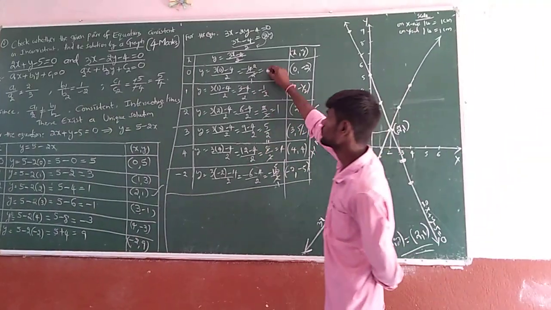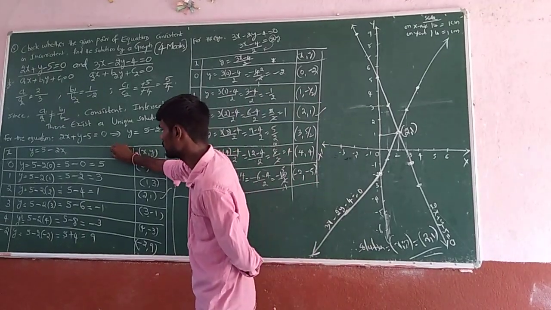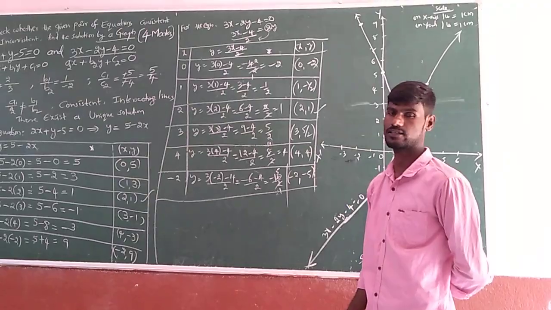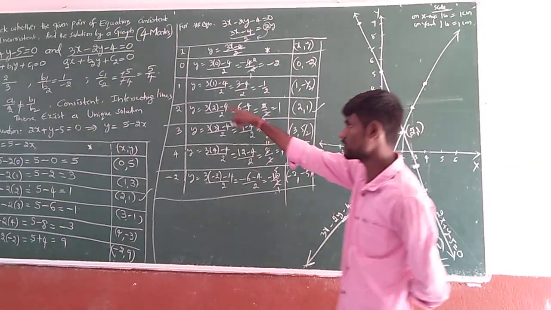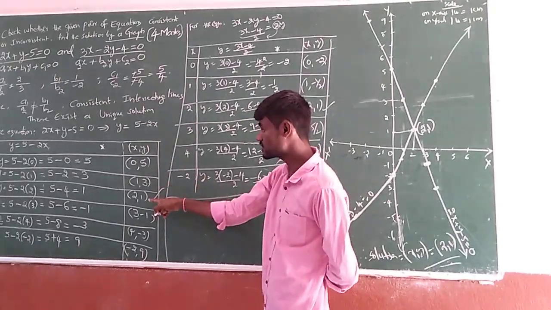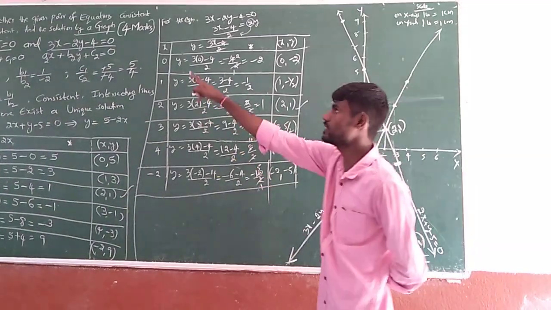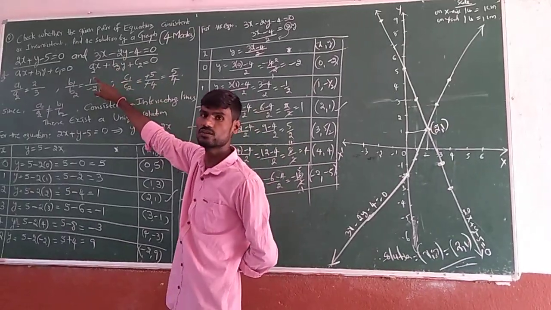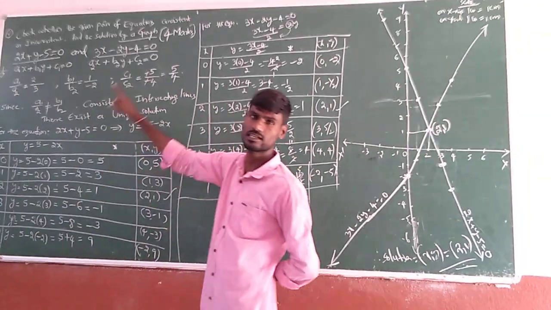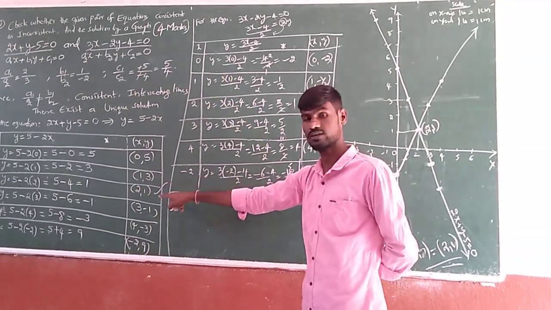And here you need to remember that this middle part is important because here you do the calculation. If you miss any plus or minus symbol, you will get a wrong solution. Also, how can we get 2 comma 1 directly, if you have doubt? You had better solve them in rough work before drawing. You have to solve these in rough by the method of elimination or the method of substitution. If you solve them, you will get the 2 comma 1 solution.